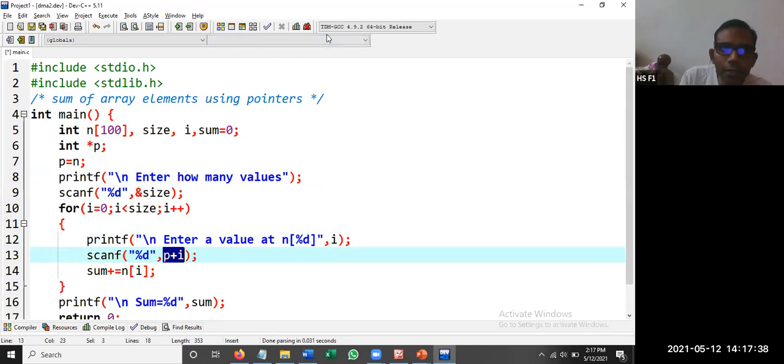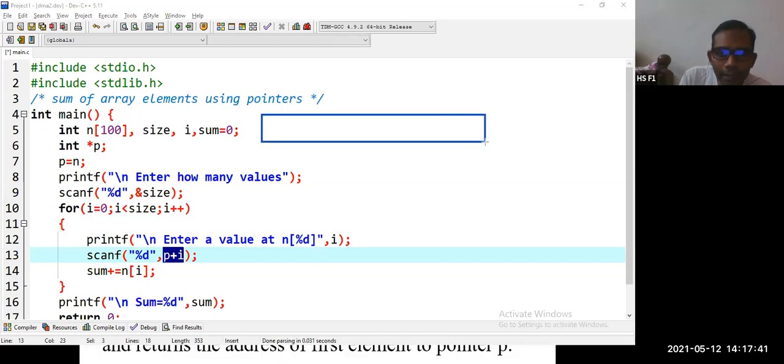So here what we are doing is we have an array. In this array we have the indexes. The index value starts from 0, followed by 1, 2, 3, 4, and so on.